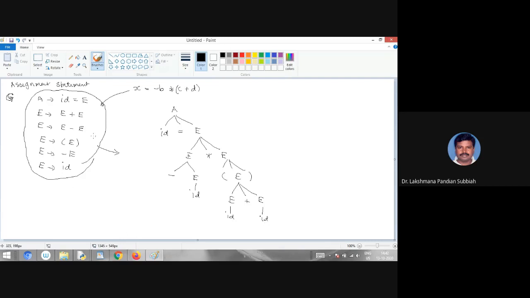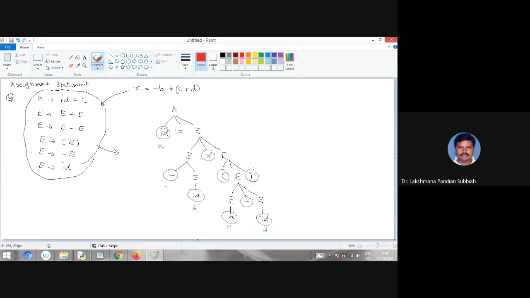Now you see the leaves. This is x, this is equal to, this is minus, then this id is b, then here we have star, then open bracket, then this id c, then plus, then here we have id d, and here a close bracket, right?